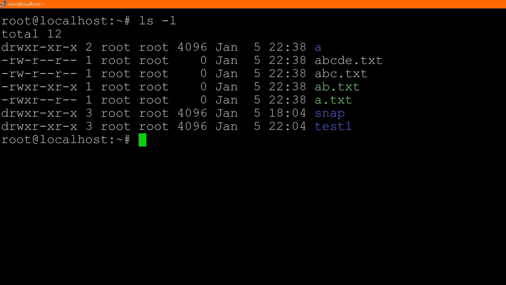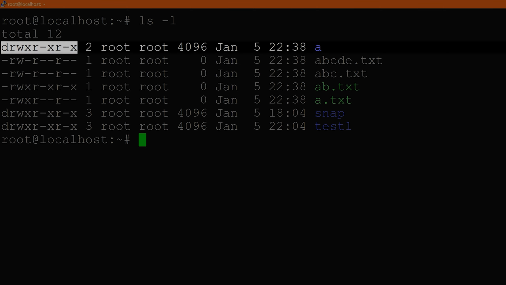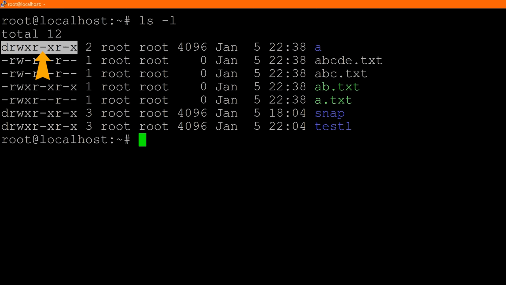So I just want to go through here and talk to you about what all of this means, because this is a really good way to check who a file is owned by and what permissions each user is going to have for a specific file. So let's just go through this first line here and talk about what all this means. This first set of characters that looks kind of cryptic here is the file permissions or the file mode. I'll get back to that in a second.